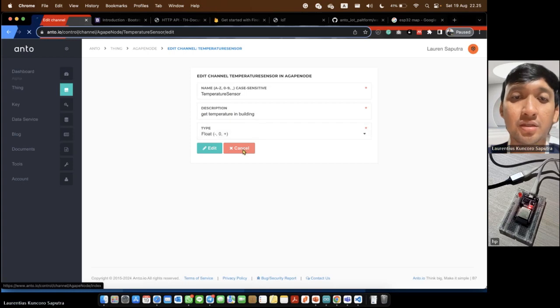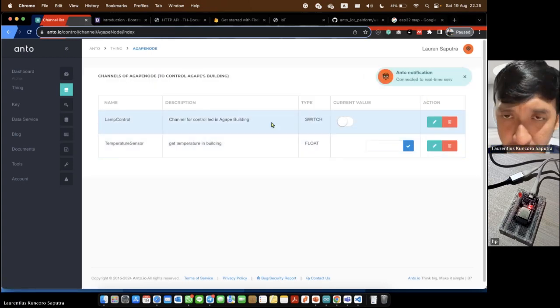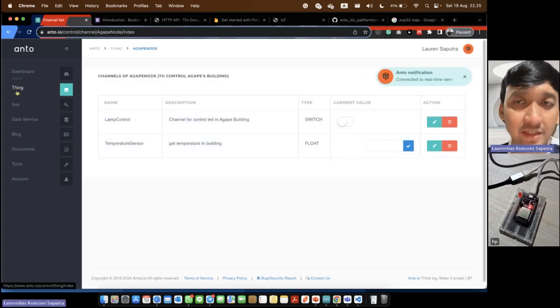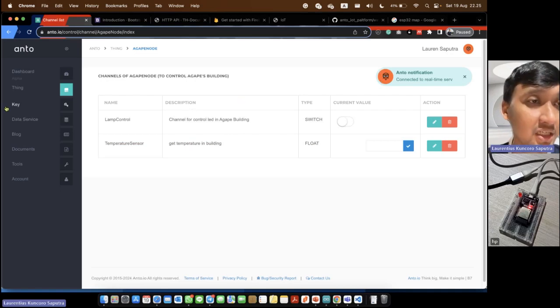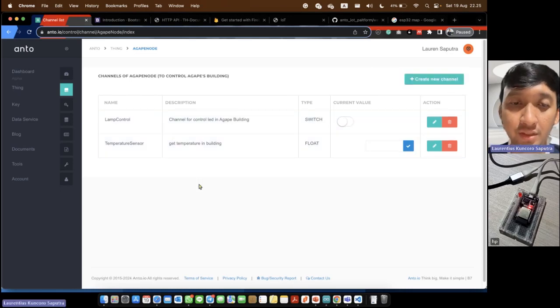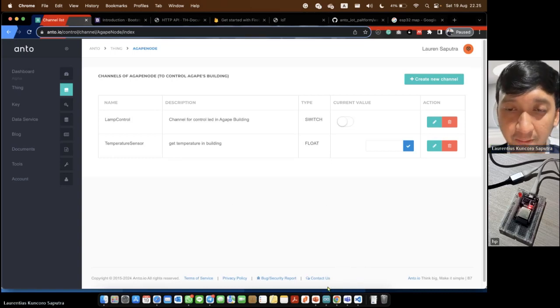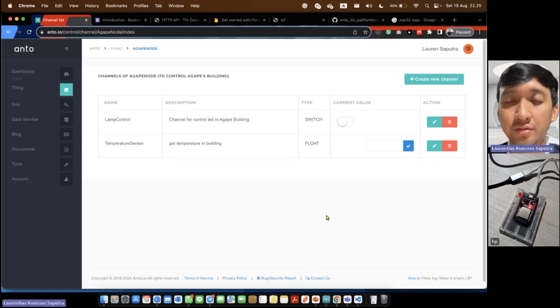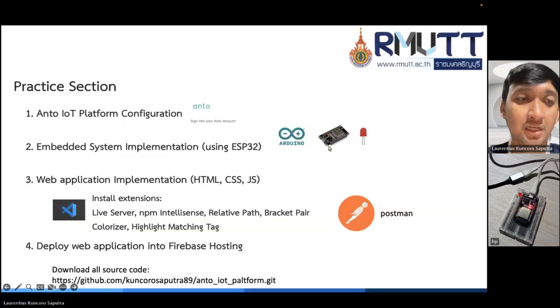After we configure the things, the channel, and the key, we can continue to write the Arduino code. So here we will go to the Arduino IDE to make code for the ESP32.